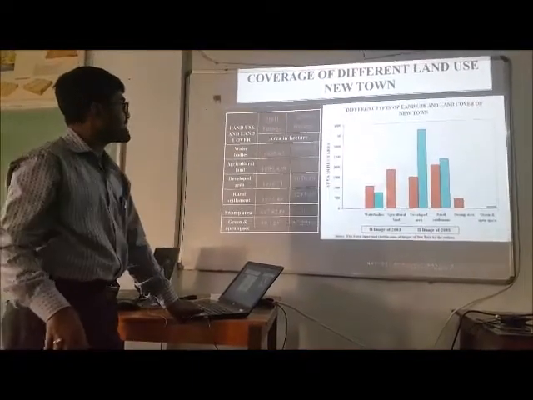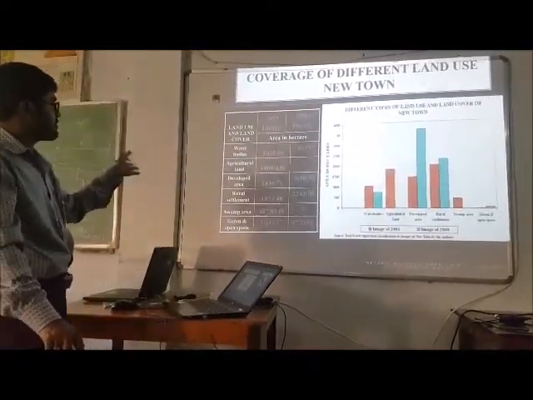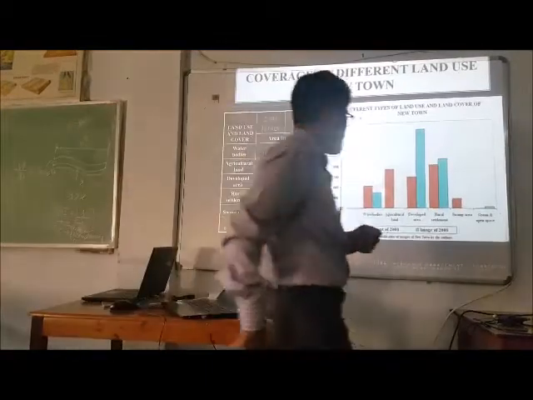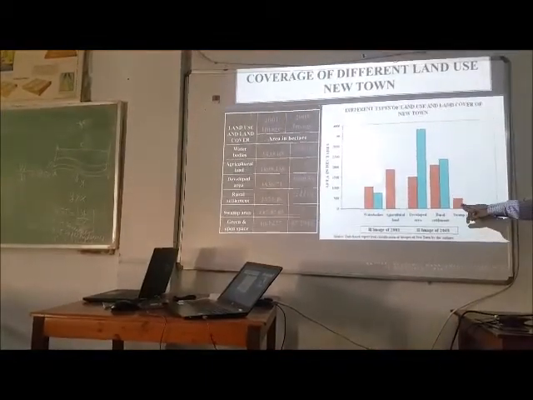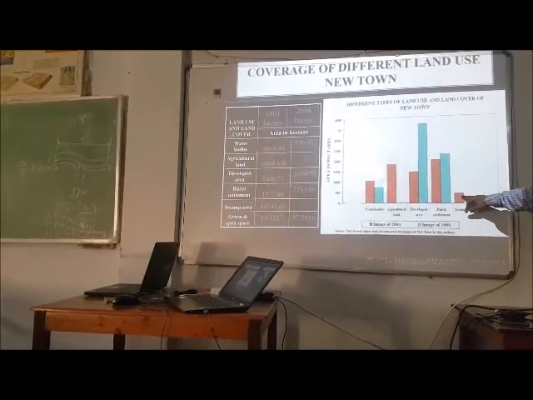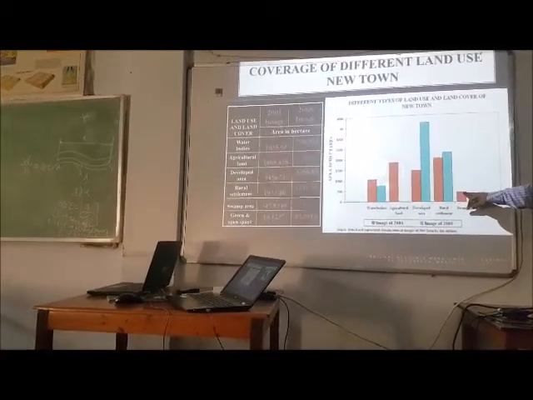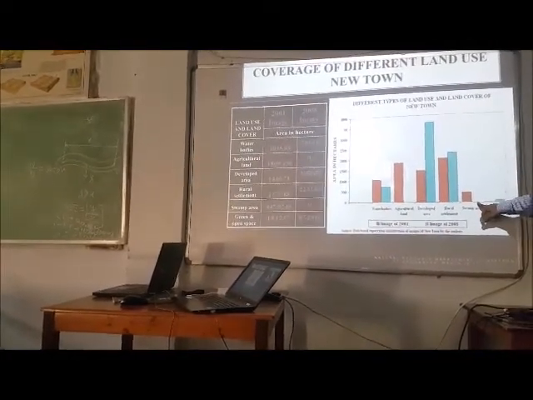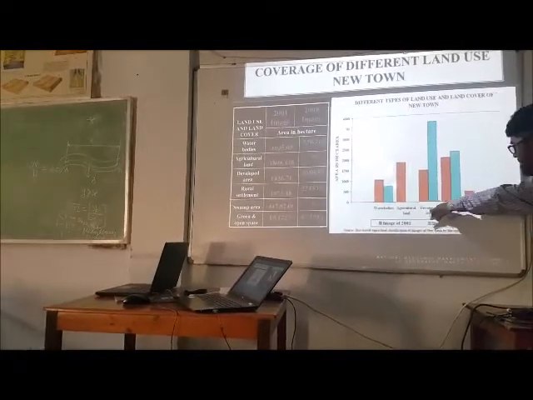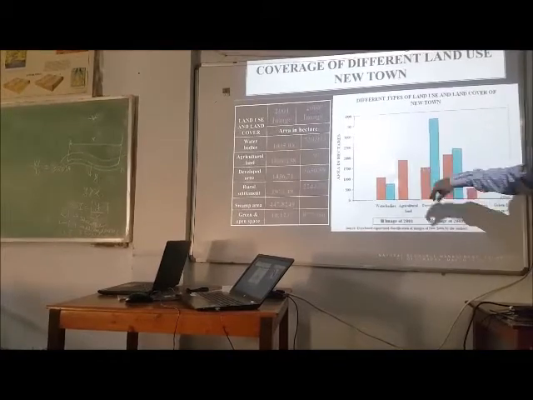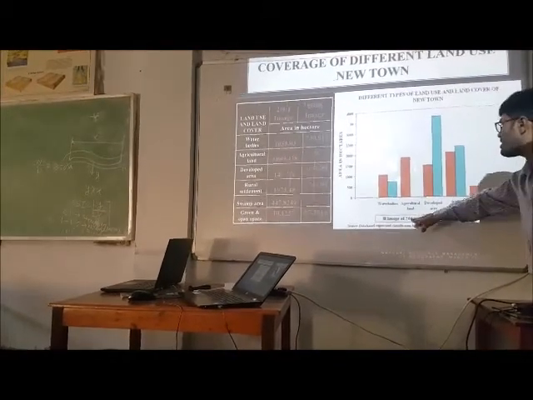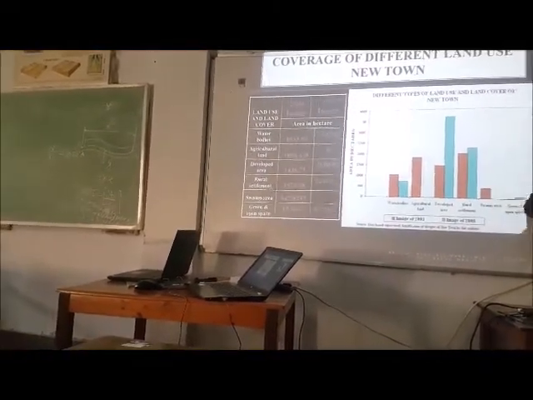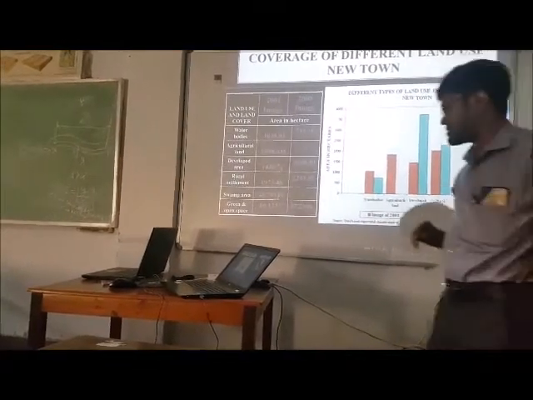This is the statistical description of LUC of the Newtown area, and here we can see that the swamp area, which was near 500 hectares in the year 2001, vanished in 2008, and the developed or settlement area, which was about 1500 hectares in 2001, increased to 3500 hectares in the year 2008.